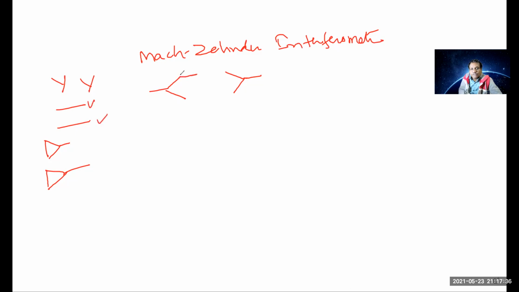One waveguide is like this, another waveguide has a different length L, which may be, in this case, L2 greater than L1. So delta L is L2 minus L1.